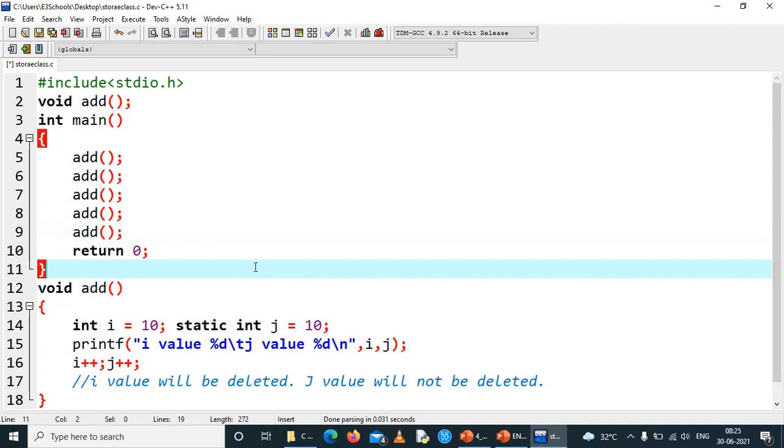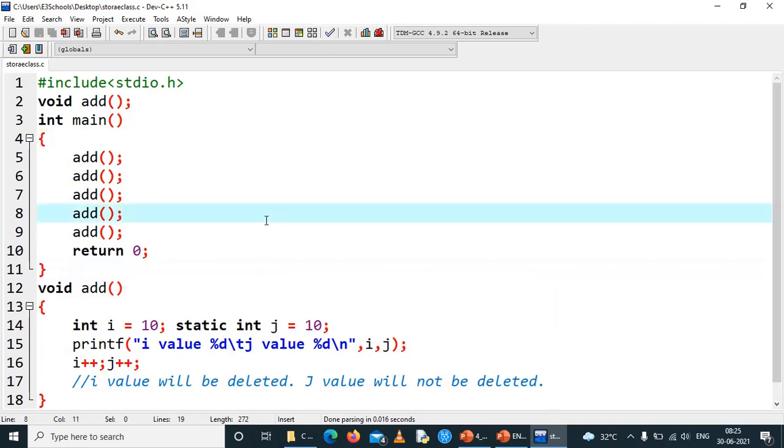So this is the difference between the I variable and the j variable, I mean a normal auto variable and a static integer variable. A normal variable will be destroyed after the block is closed, I mean after the block completes its execution. But a static variable, once created, will not be deleted. It will remain in memory until the entire program completes its execution. So we will see the output and make sure whether the concept explained was right.